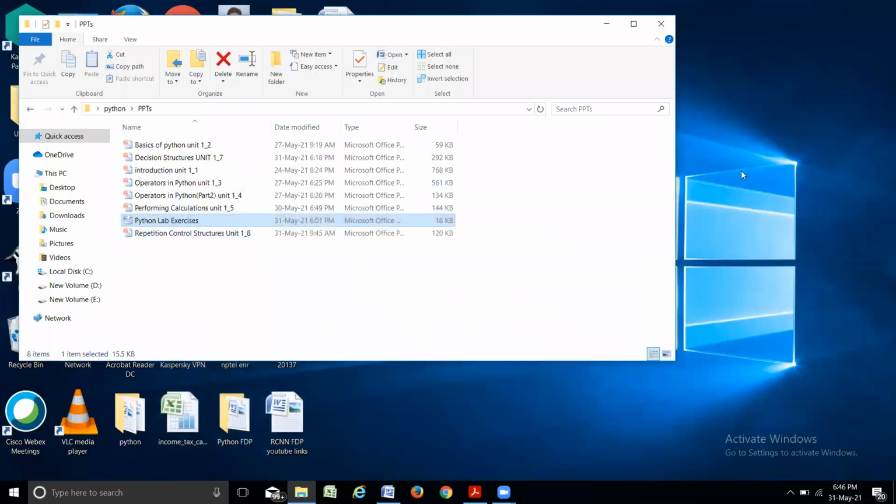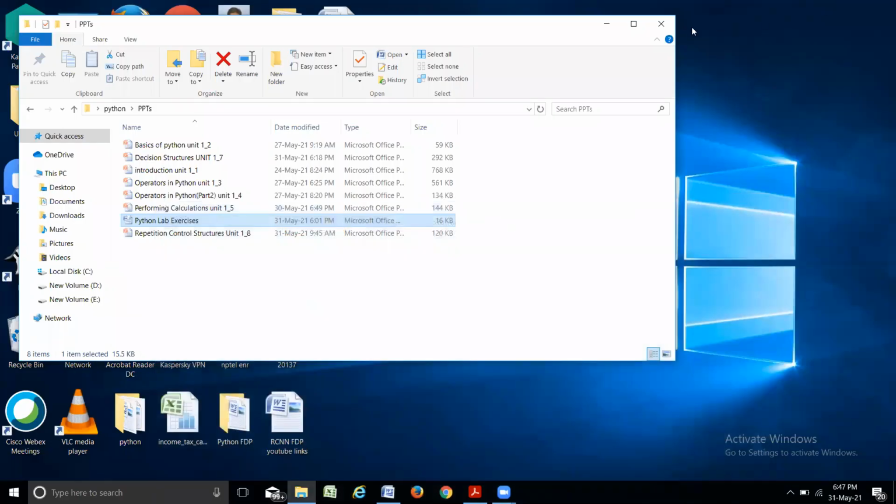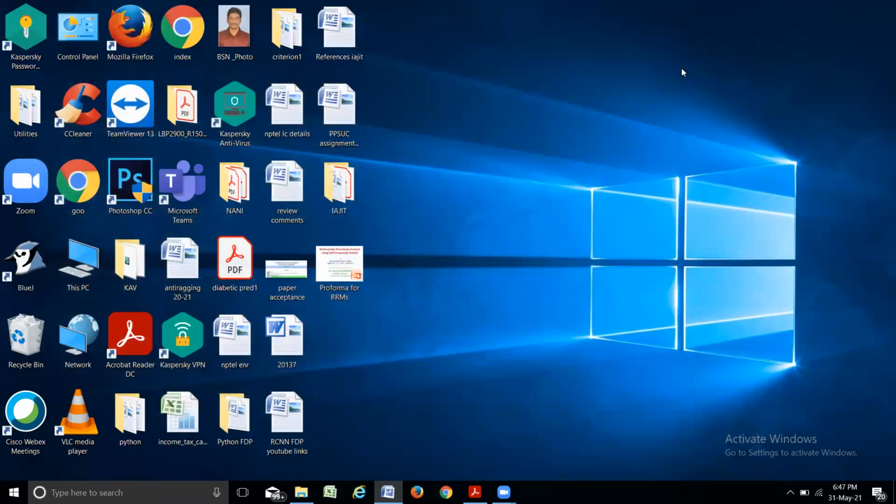So the exercise is about the interactive interpreter and Python script. We need to run sample instructions in both the interactive interpreter and a Python script. Okay, now let us see how to run these two things. Let me show you. So first I will begin with the